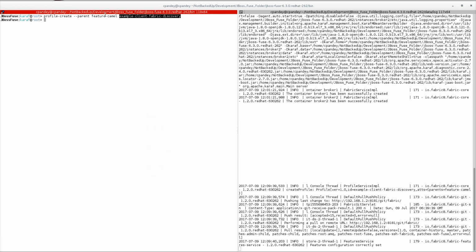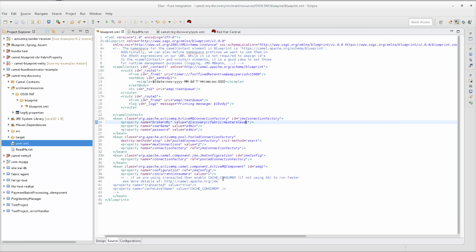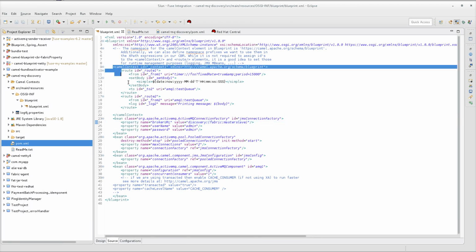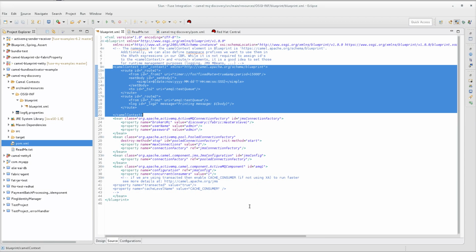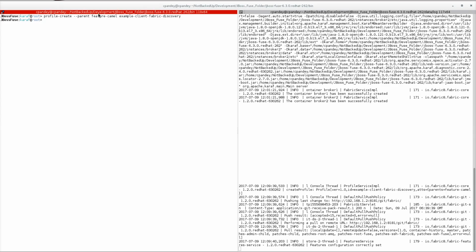This is just a profile, and I provided the feature camel as parent. Why have I provided feature camel? Because this is a blueprint XML, and it is using Camel, so I have to provide this feature camel. You might be wondering why feature camel only.